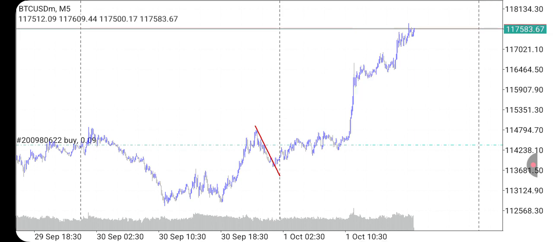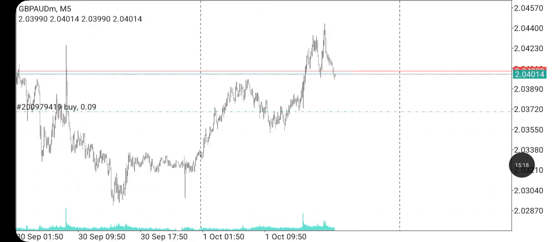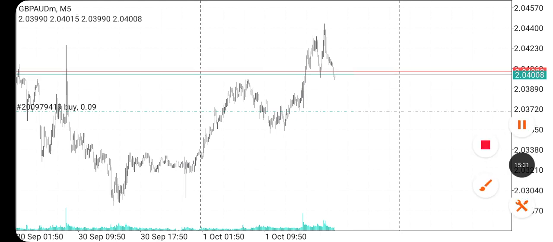So guys, let's go to another pair so that you can learn more. So on this one, I'm gonna talk about GBP AUD. So the GBP AUD is also on a buy trend, guys. Looking at the historical movement, let's go to our historical movement so that we can prove it.